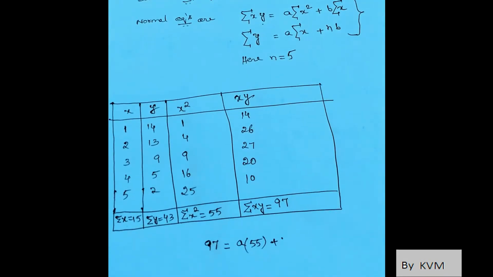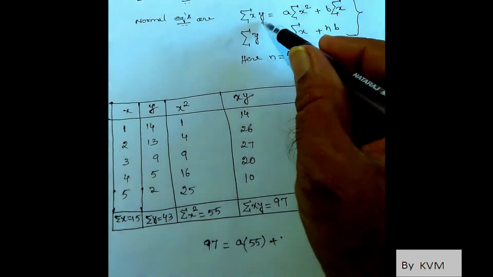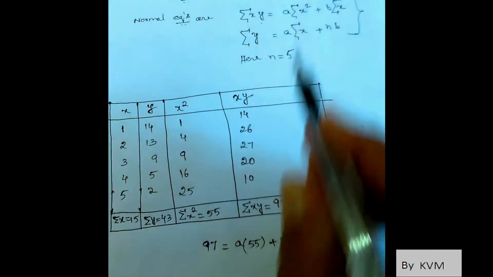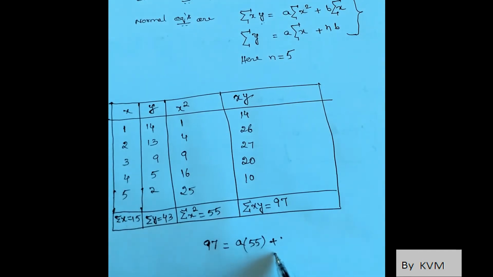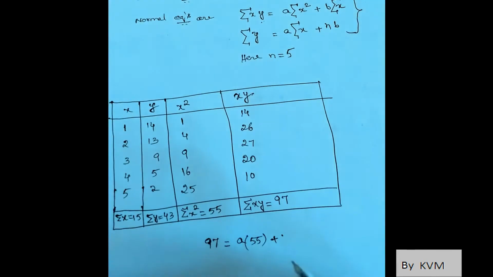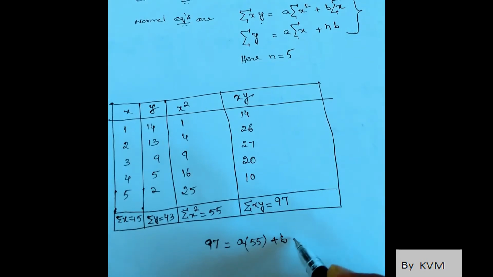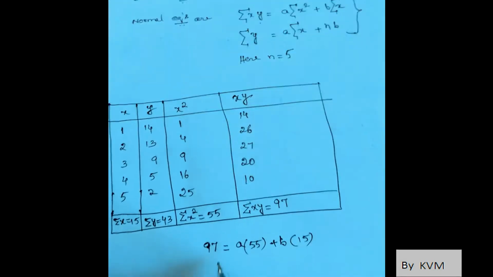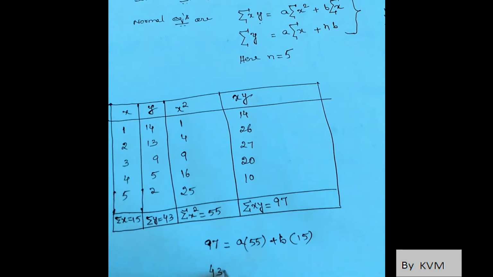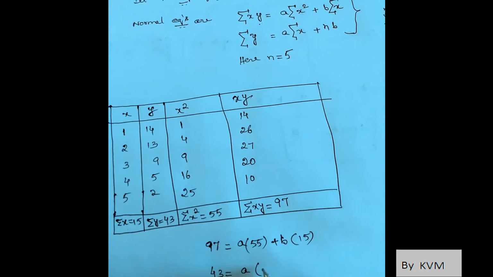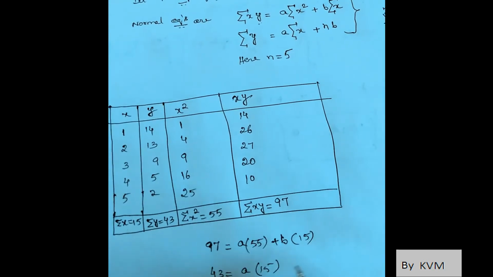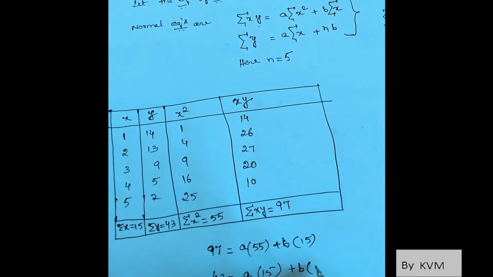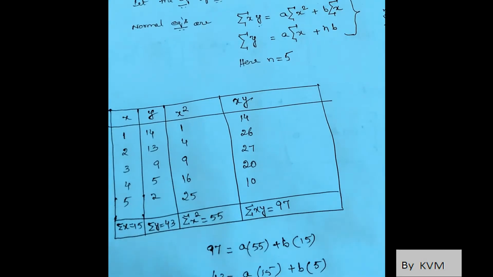And now from the first normal equation, 97 equals a into 55 plus b into sigma x. Sigma x is 15. From the second normal equation, sigma y is 43, a into sigma x, sigma x is 15, plus n into b. So n is 5. So solving these two equations,